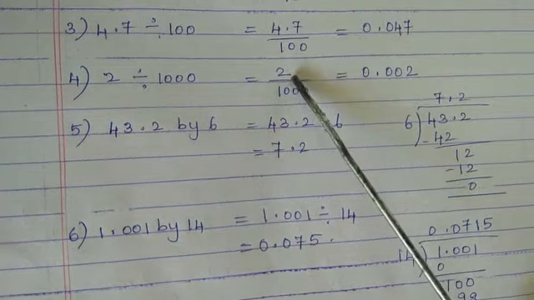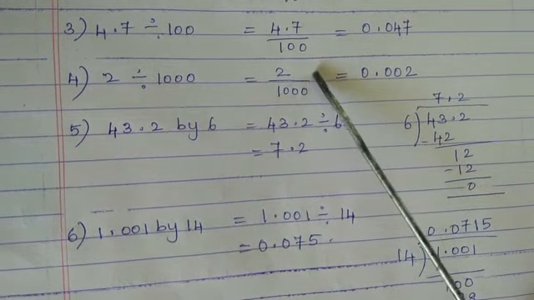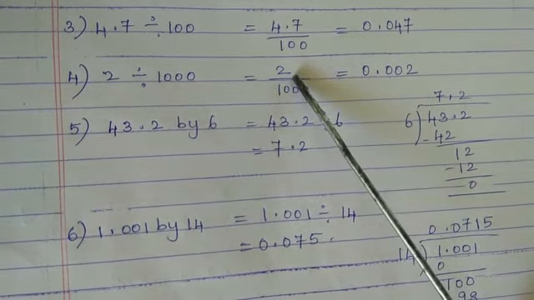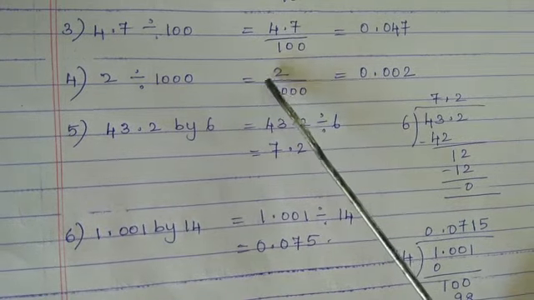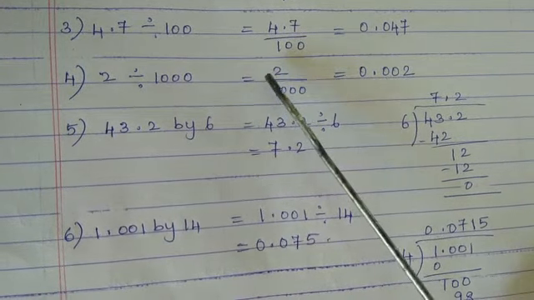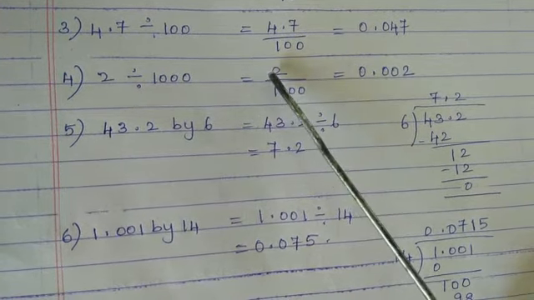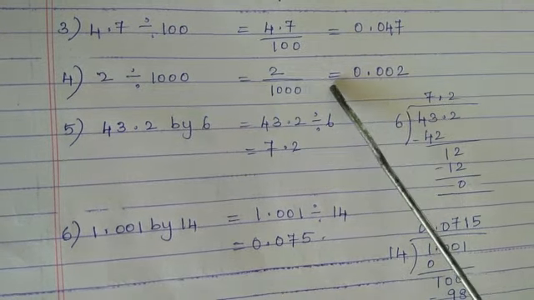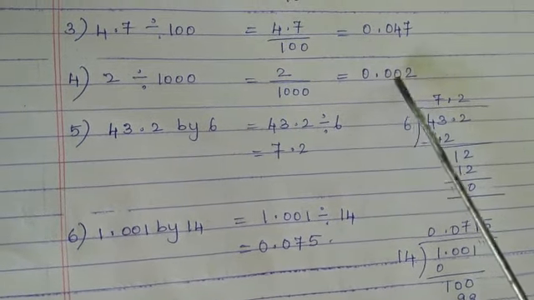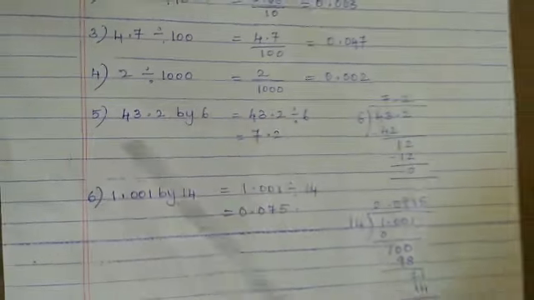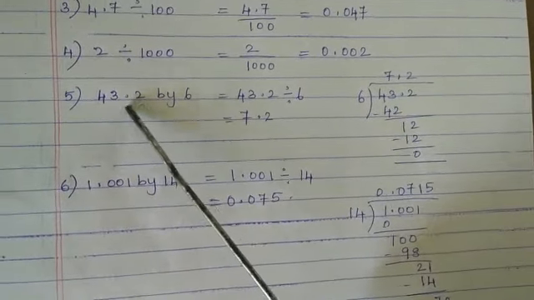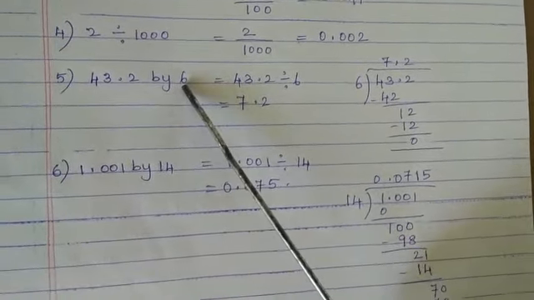In the same way as the previous question I explained, where to add the zeros. Suppose if we add the zeros after 2, that is 200. But here the question is only 2. So we have to add the zeros before 2. We need 2 places, so we will add 2 zeros. So the answer will be 0.002.